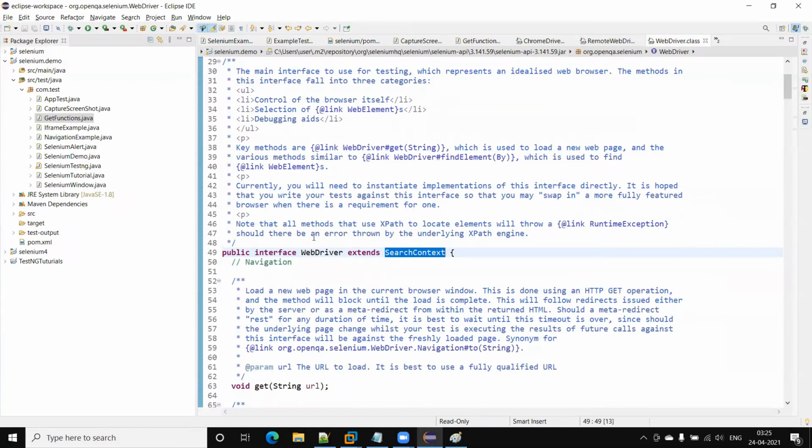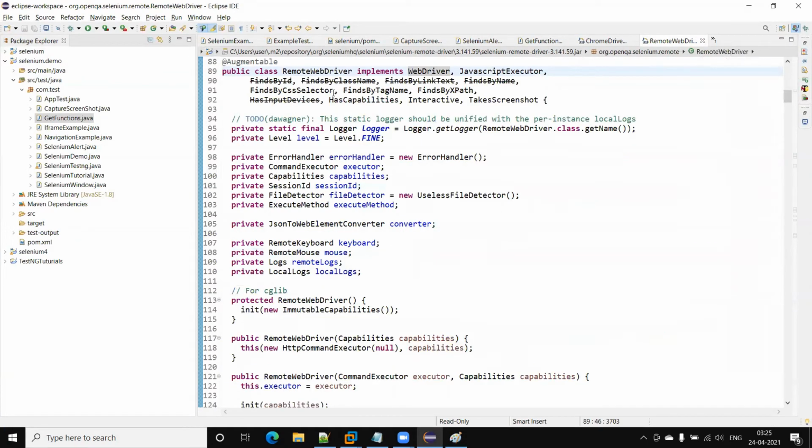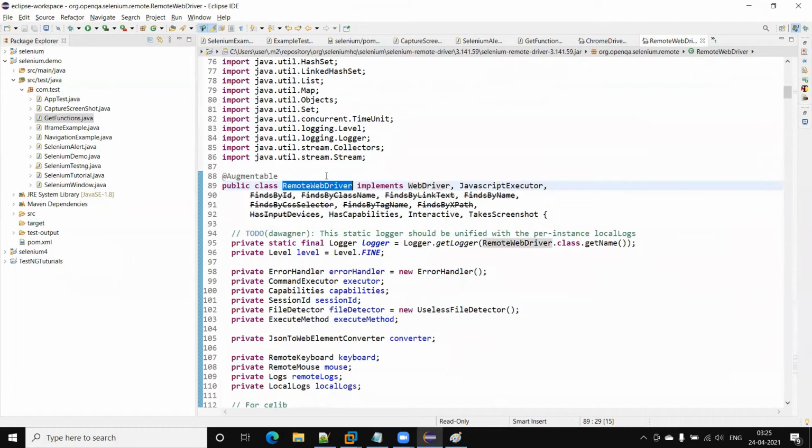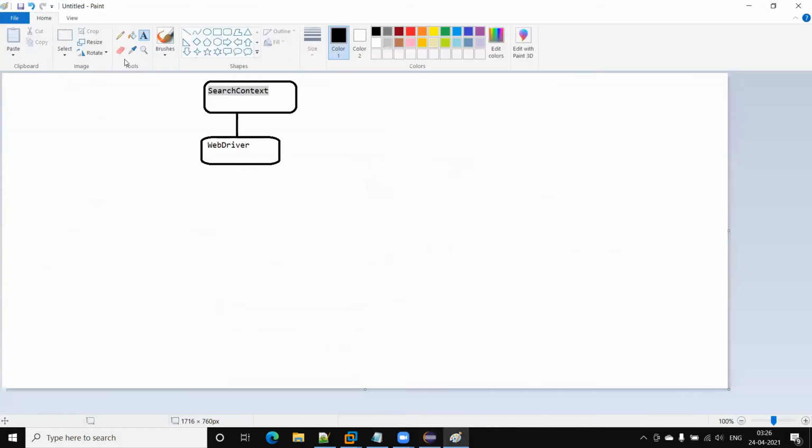Similarly, if I come back here, there is a remote driver class. This implements the WebDriver interface, JavaScript executor, and take screenshot. Let me change this color because this is a class. I make this green, remote driver.